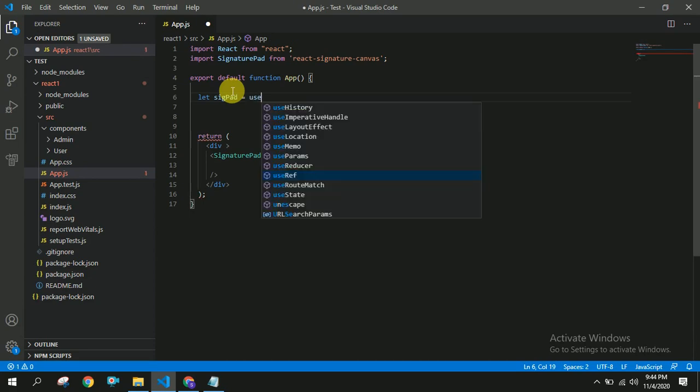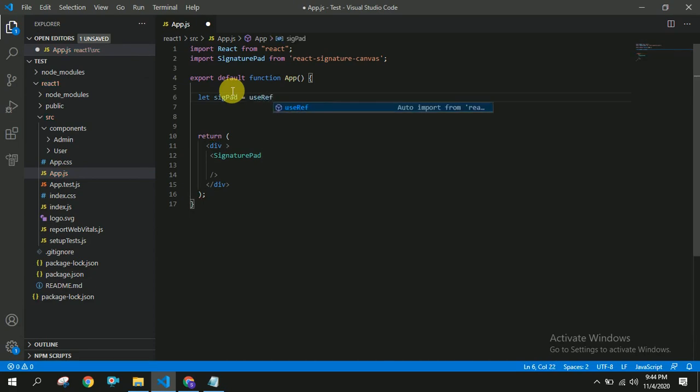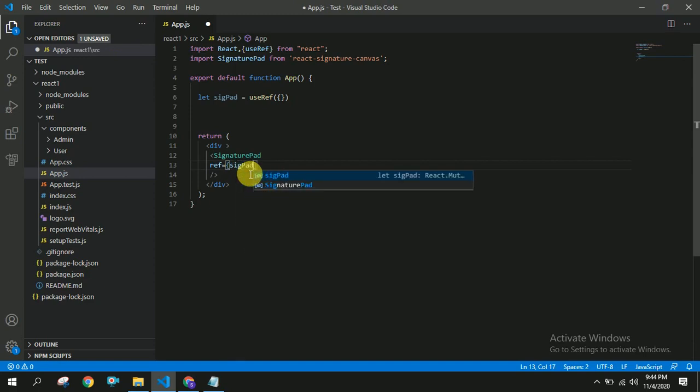So you have to use useRef here, and in that useRef we have to initialize our signature pad with empty curly braces. And if you want to use useRef, we have to import that from React. Once that is done, you have to use it like this, sig pad.